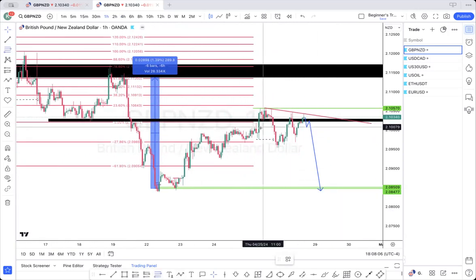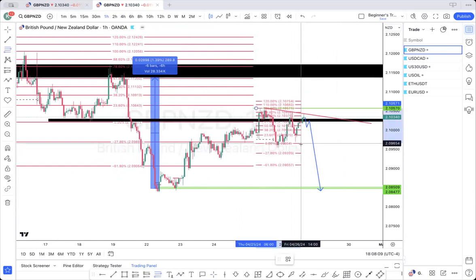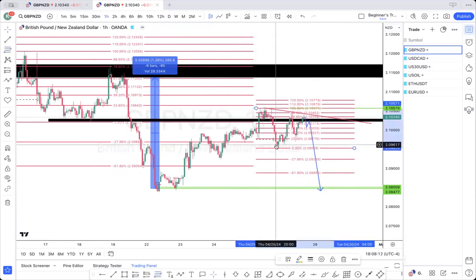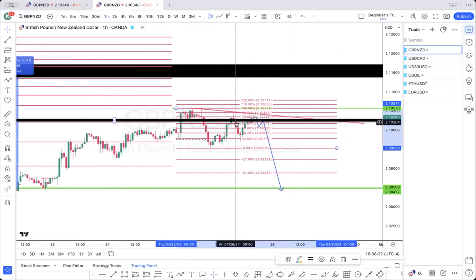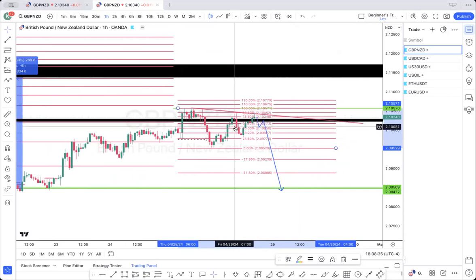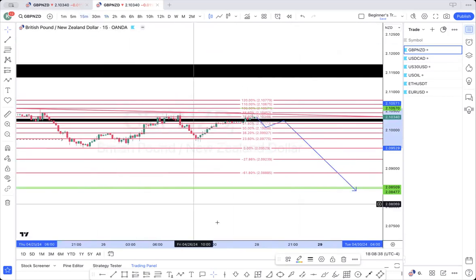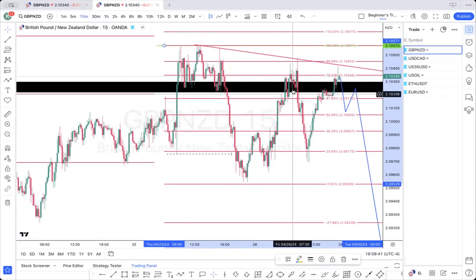So once I get that break of structure, I can pull out my fib, either wait for price or set your limit at a 78 or 88. That's what I like price to come back to, the 78 or the 88, to then continue selling. So price tapped into the 88, right? And then go to the 15-minute. Price tapped into the 88 and then started breaking structure to the downside,